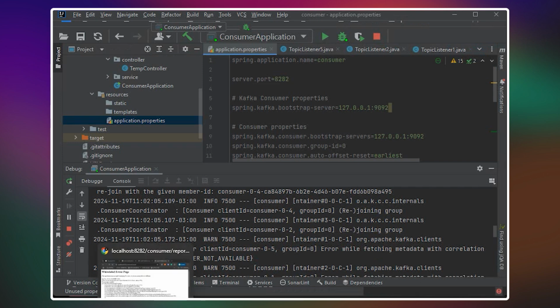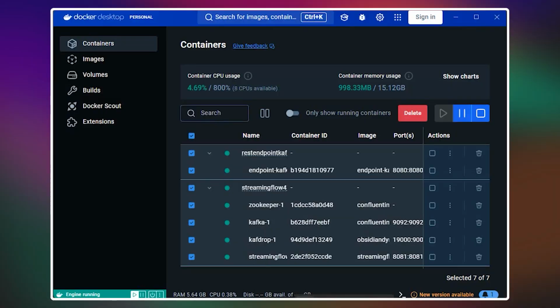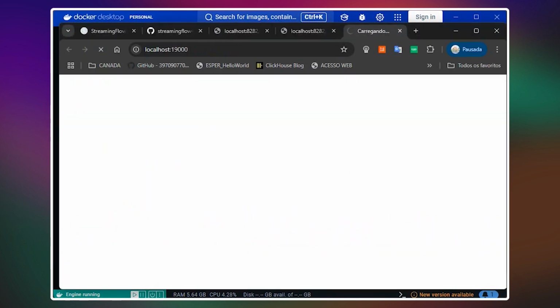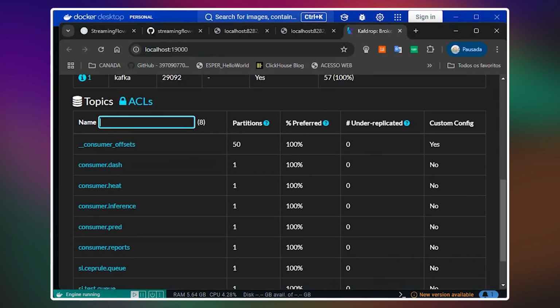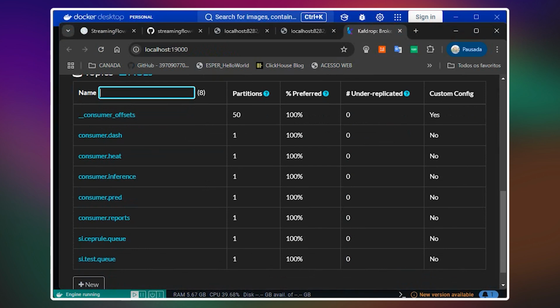And well, we have the cap drop here. I put cap drop just to better visualize the pipelines here, and you can realize that all the pipelines are here and listening.